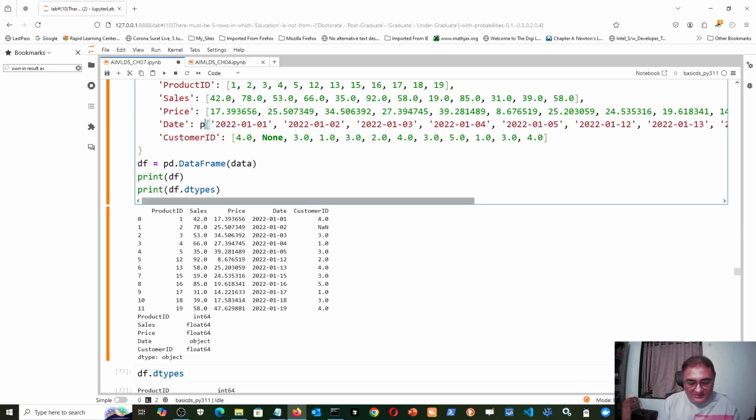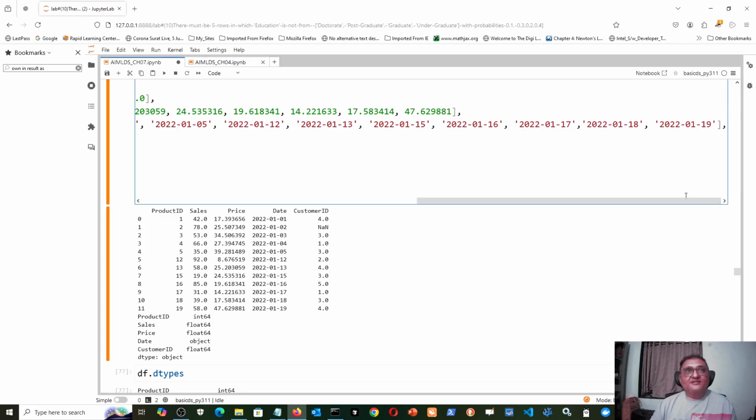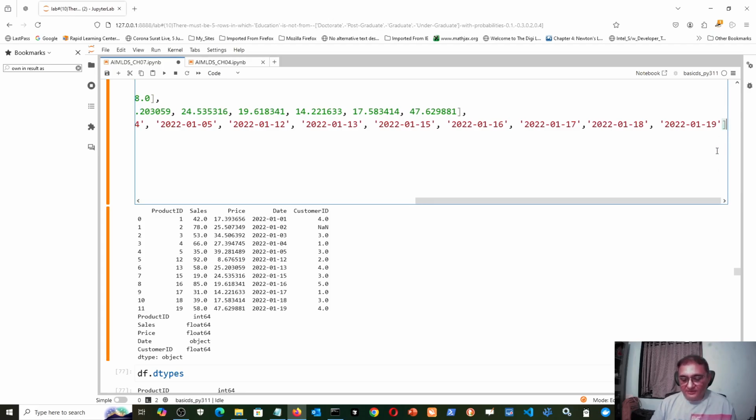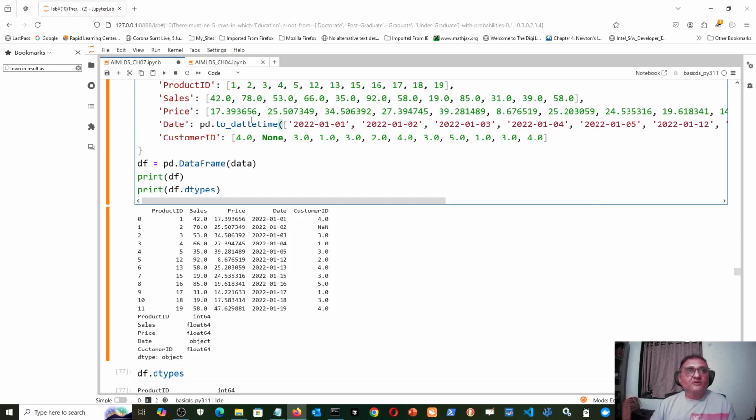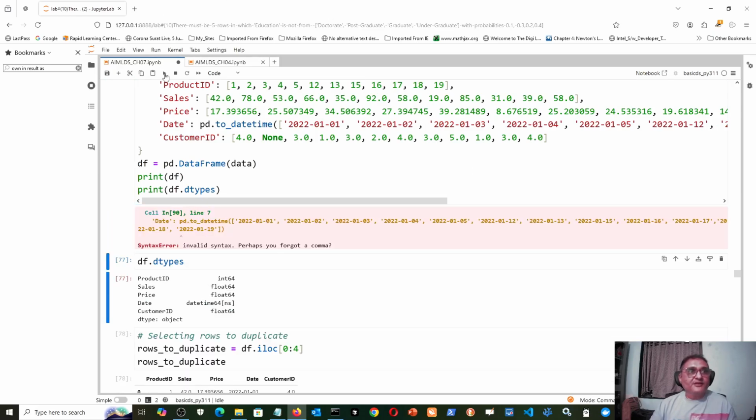So what you have to do is write pd.to_datetime and then enclose everything in a parenthesis. So perhaps here there should be one close parenthesis. I think it should work. Now the date spelling is wrong. Okay, then